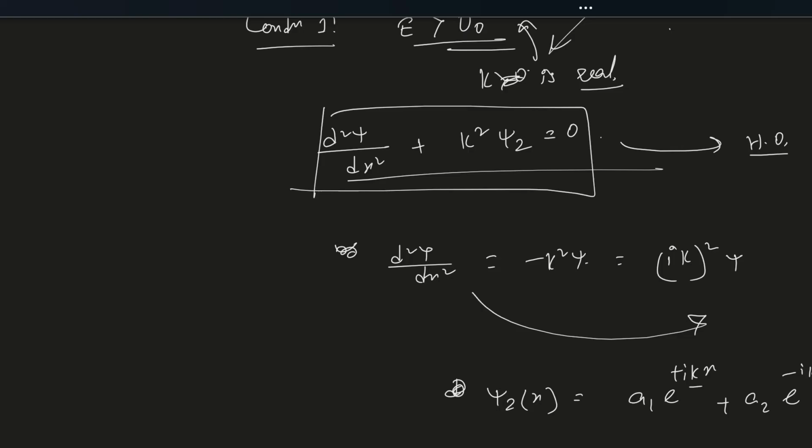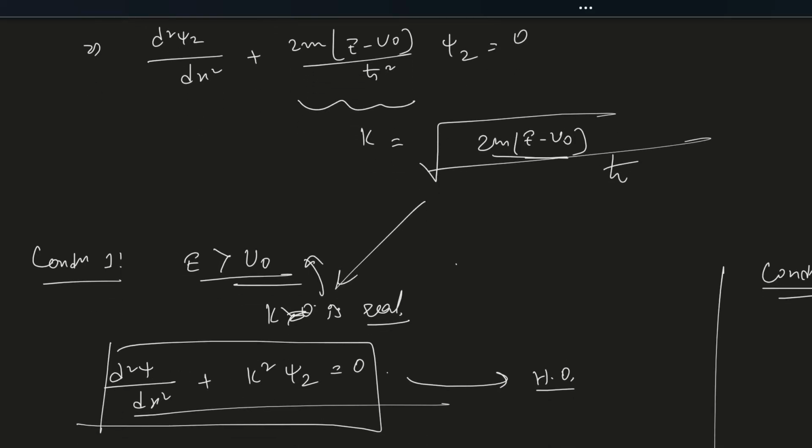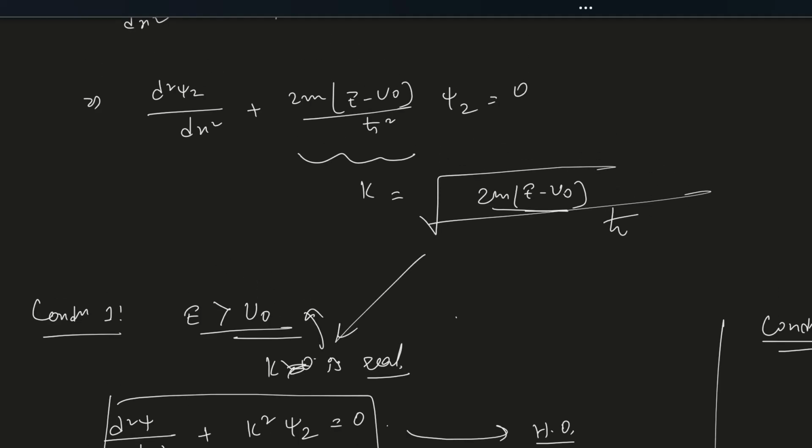So you get your answer that you get an oscillatory solution to this problem whenever you have this energy greater than U naught. But let us not leave the whole E less than U naught condition as well, because that can be another question that you might face in some other assignment. So for E less than U naught, you redefine this square root of 2m(U naught minus E) by h cut, this thing equal to k prime,